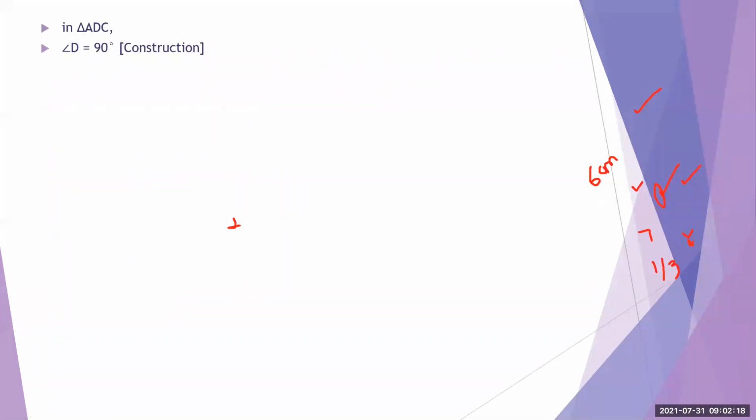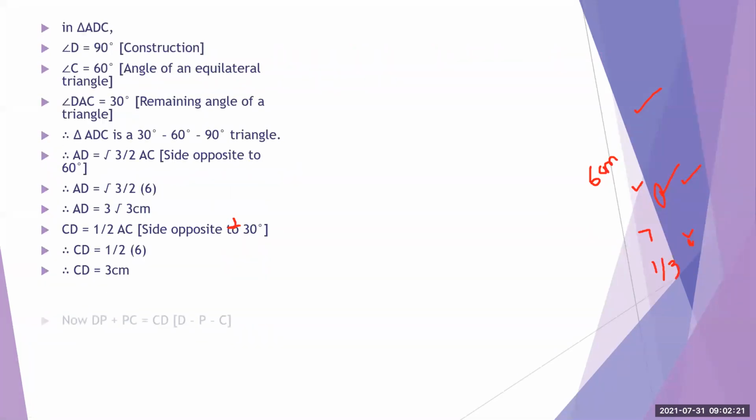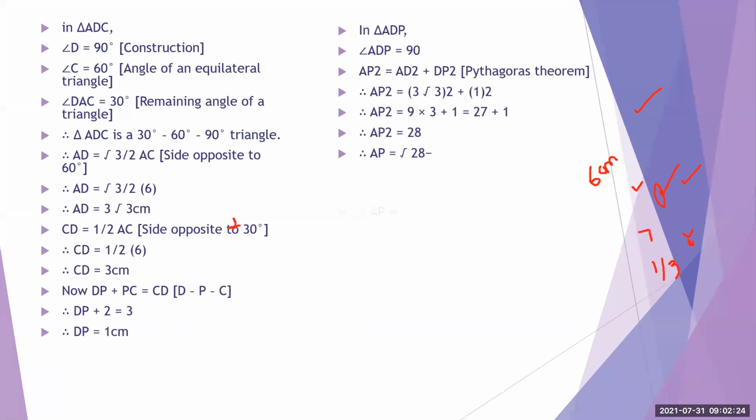Okay. Now in triangle ABC, one second, take the figure again. Okay, now we have taken the next triangle ADC. This was your triangle, something like this. This was your PC and this was your AD. So it is something like this: this is A, this is B, this is C, this was your D, and this is your point P.